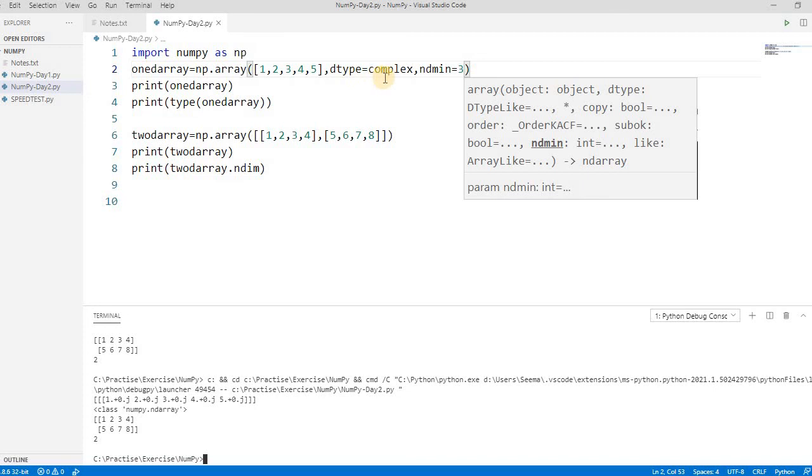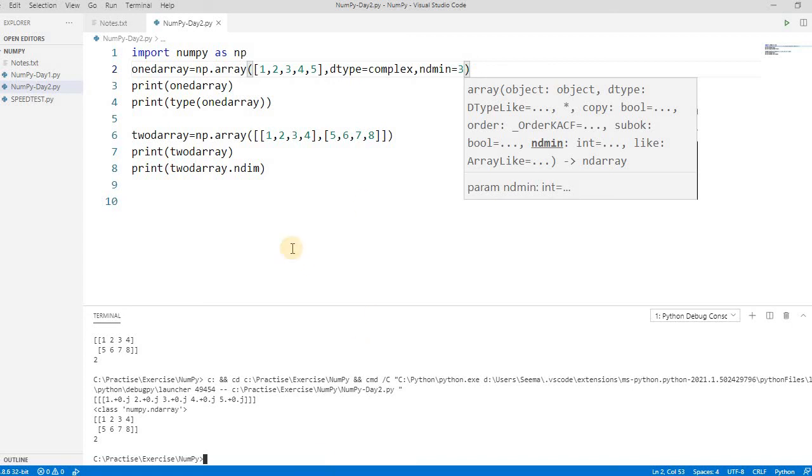So we have to check these two parameters, dtype and ndmin. dtype means complex, it supports integer, it supports boolean also. For dimensions you can create up to n number of dimensions. In general we create 3 or 4 dimensional arrays because we are not using more than that. But if you have used any tensors, it can be more than 3 also. Mostly 2 dimensional is used for matrices. If you have done matrix calculations, it's easier. Although NumPy provides a different module, or you can say functions, that is only related to the calculation of the matrix.